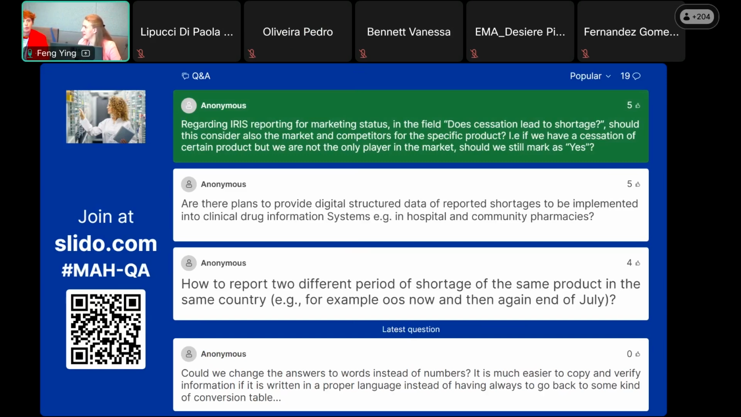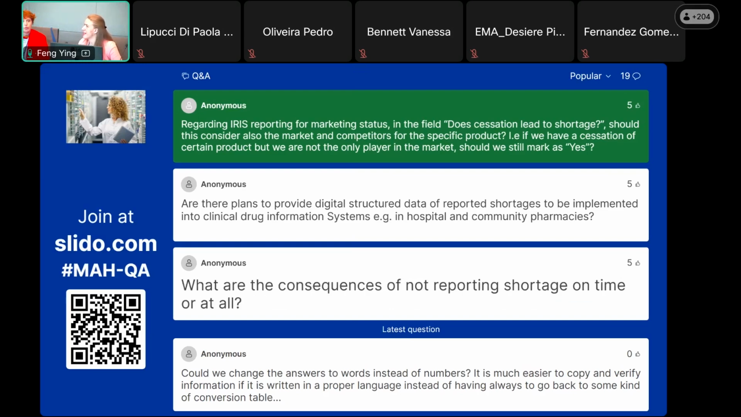Should this consider also the market and competitors for the specific product? I.e., if we have a cessation of certain product, but we are not the only player in the market, should we still mark as yes? So this is an excellent question, indeed. In case you can foresee that the cessation of your product leaves a gap in the market that leaves maybe a shortage of a competitor product in the market because you had a high market share of this product, or other reasons, then please indeed indicate as a yes, because this will give us information that we can act upon